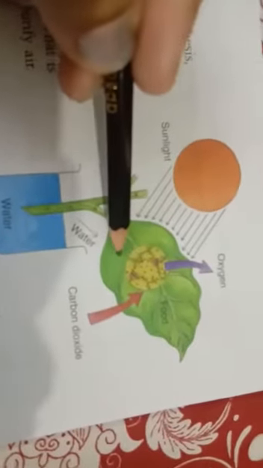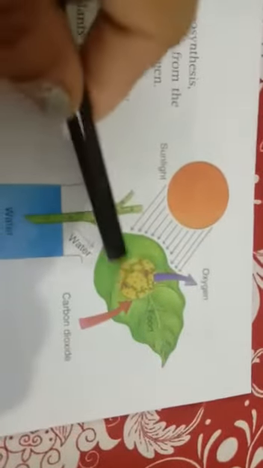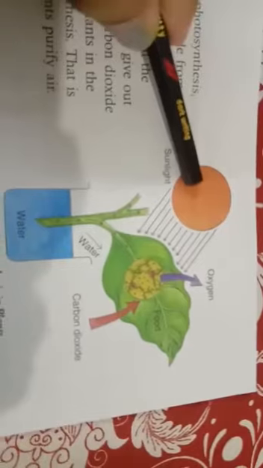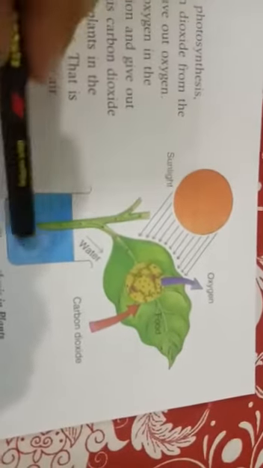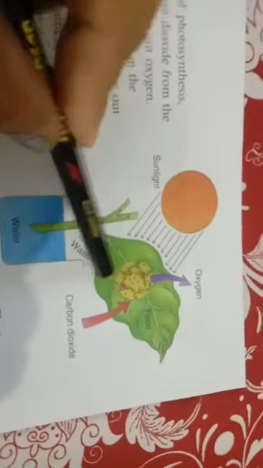As I told you, the plant has small pores on the lower surface of the leaf. So it takes carbon dioxide, water and sunlight, and the leaf is green in color due to the presence of chlorophyll. All the things combine together, and by this process the leaf is able to prepare the food, and this whole process is called photosynthesis because of the presence of sunlight. Photo means light, synthesis means making food. Water, carbon dioxide and chlorophyll all combine together with the light, and the leaf is able to synthesize the food. That's why this process is called photosynthesis.